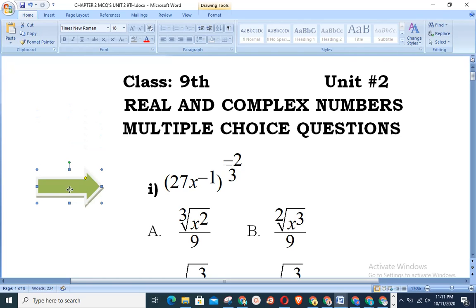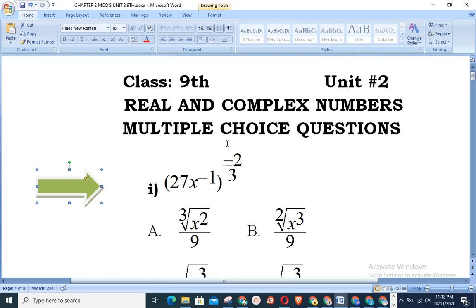Our first objective says: (27x)^(-1) whole exponent -2/3 will be equal to, there are 4 options given. Dear students, listen how to solve it. In the very first step, we will write it as (1 over 27x) whole power 2 over 3. The sign will be positive. Now you can easily convert it as (x over 27) whole power 2 over 3. Now attach power 2 over 3 to both x as well as 27.